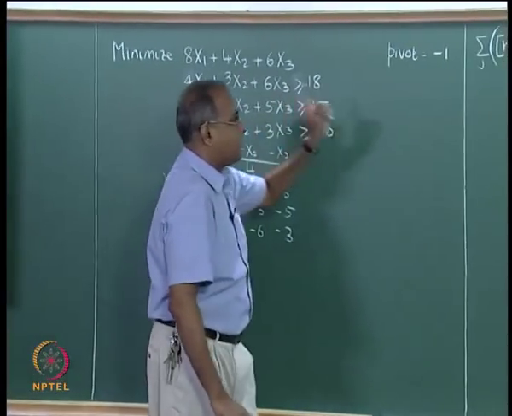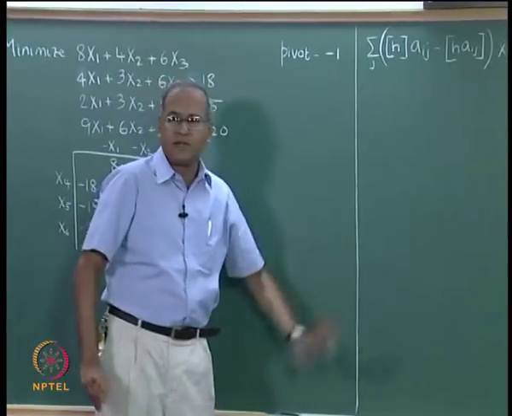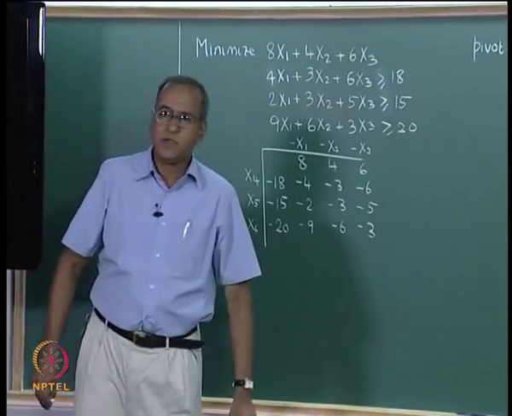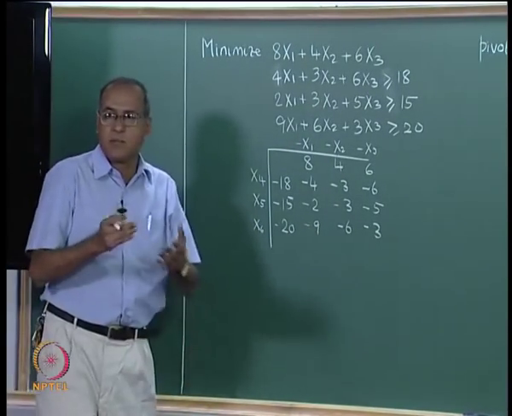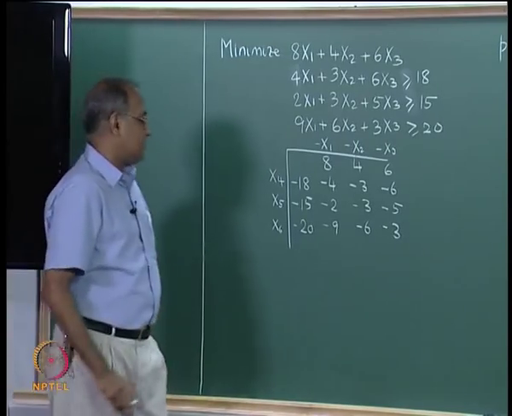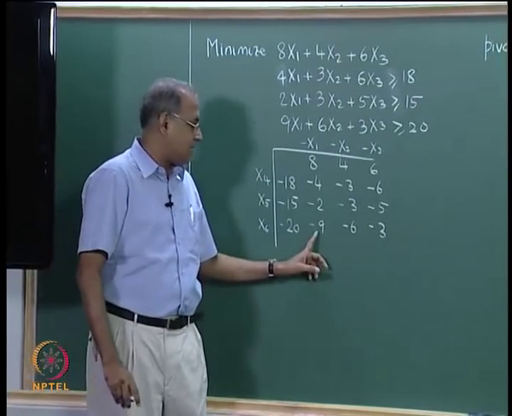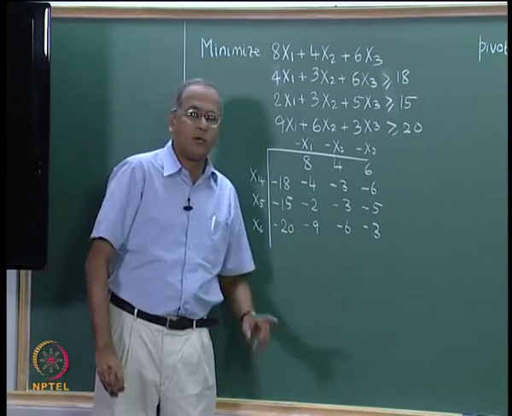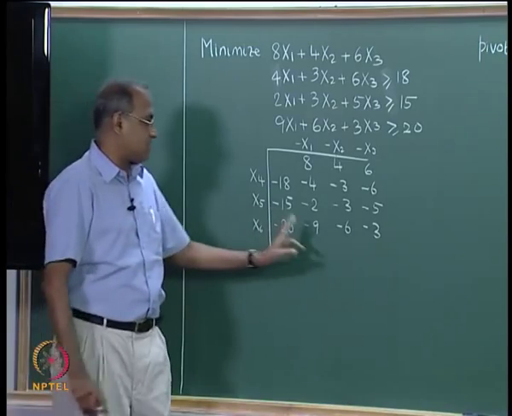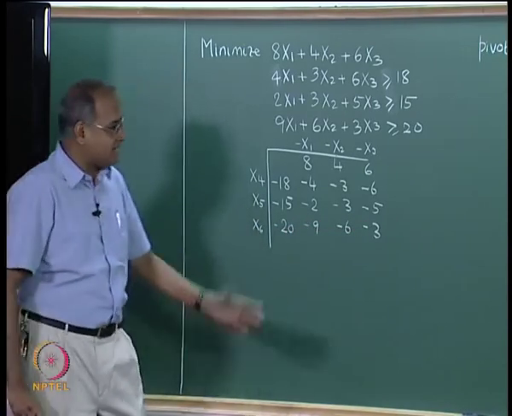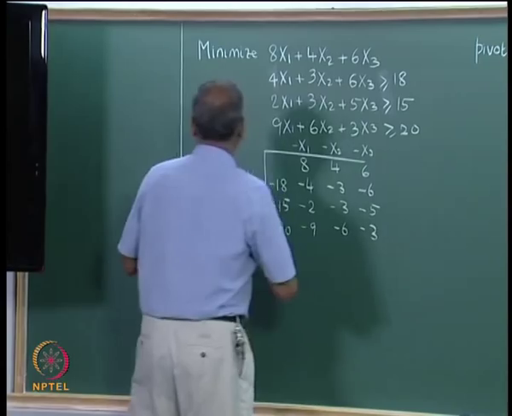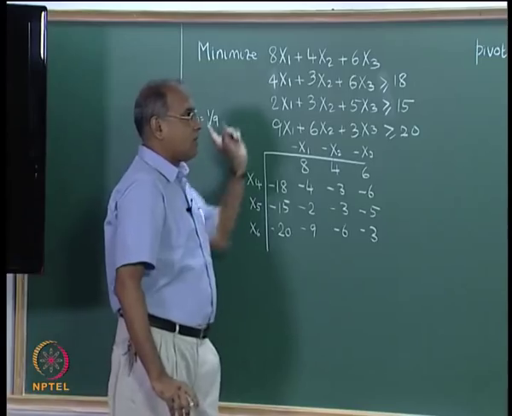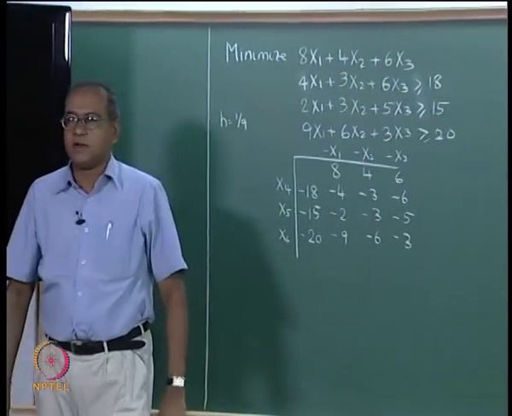But then we also have to find out an h which satisfies the fundamental cut and results in a pivot which is equal to minus 1. In the previous lecture we were looking at some possible values of h. We first started by saying h equal to 1 by 9. h equal to 1 by 9 can definitely give us a pivot of minus 1. So, let us try h equal to 1 by 9 and apply that to the fundamental cut equation.